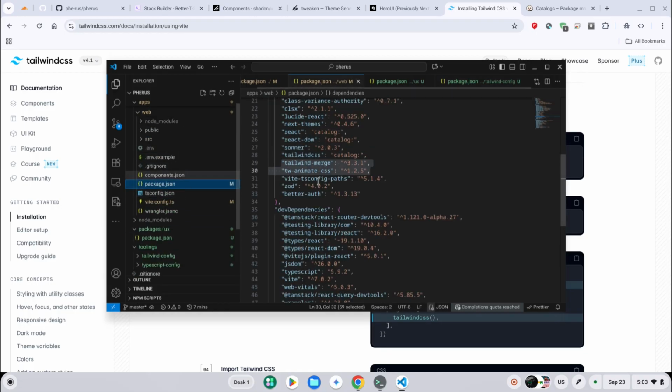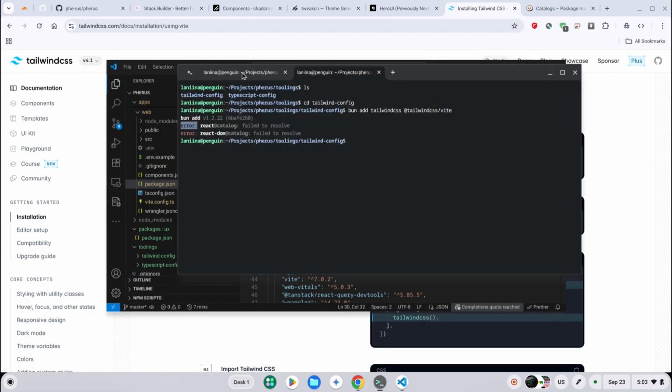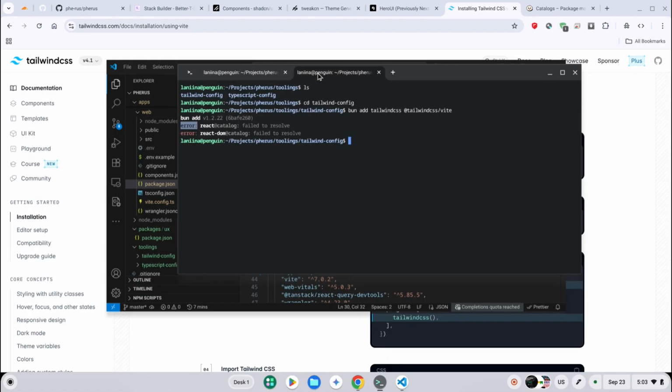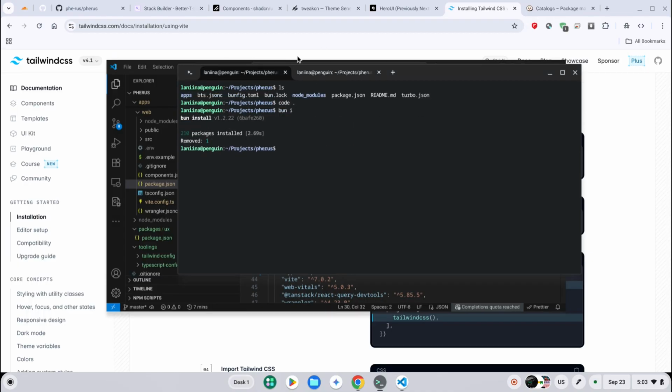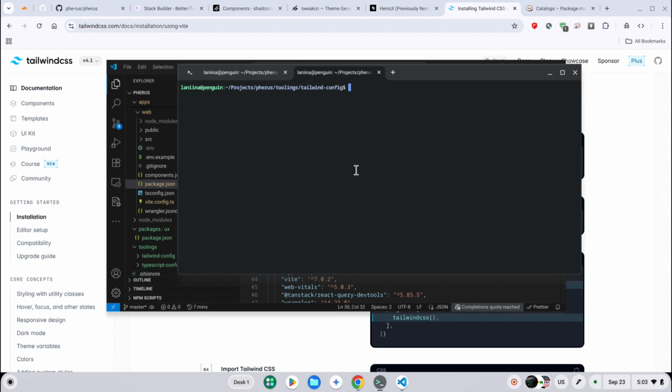Okay, same thing here. Going to catalog, this as well. So I'm going to install, tap install to the whole project, and one package was removed. I don't know which one. Okay,